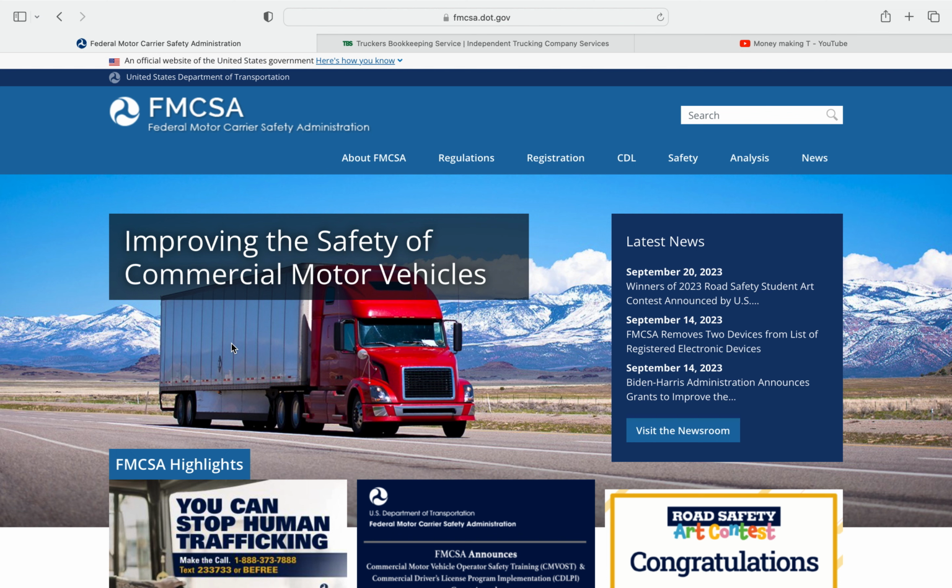So in order to get your operating authority, there are three things you need. First thing you'll need is an MCS 150. That'll get you your MC and your DOT number. It's an application you apply for, and it'll ask for different information about your business pertaining to what you're gonna do in trucking, what type of material you're gonna haul, what type of truck you're gonna use, your EIN number, all different stuff about your business. You'll just have to fill that out. That'll get you your MC and your DOT number.